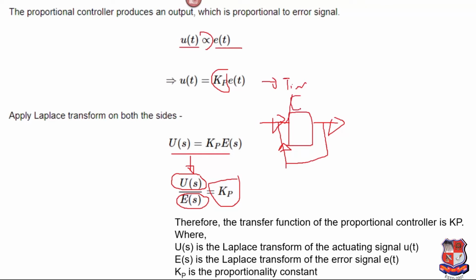This one is the error signal over there. This error signal can be actuating some signals, which is the US. So ultimately